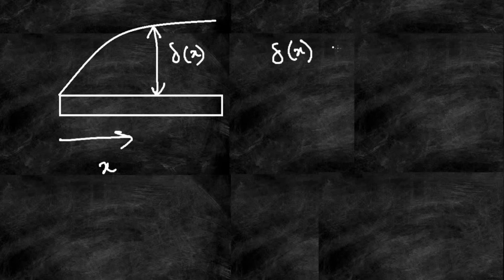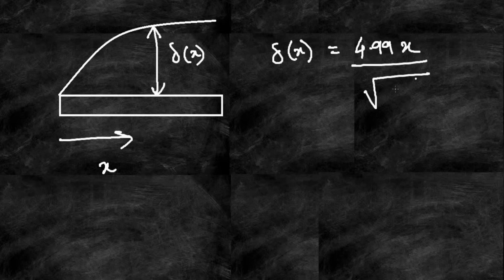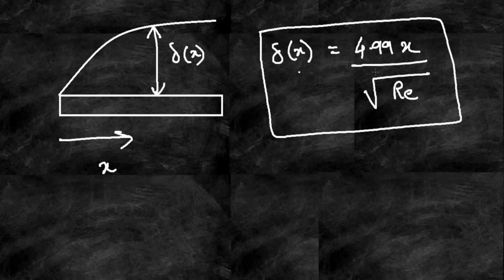So the thing which we need to remember first is, if this is the flat plate, this is the boundary layer thickness, which I will represent by delta, and as it is a function of x, x is the distance from the leading edge of the plate. So this is x, so this delta will be a function of x. Now for this case where the flow is laminar and uniform, we can write that this delta x is equal to 4.99 times x divided by root of Reynolds number. So this is how we calculate the boundary layer thickness for uniform laminar flow.